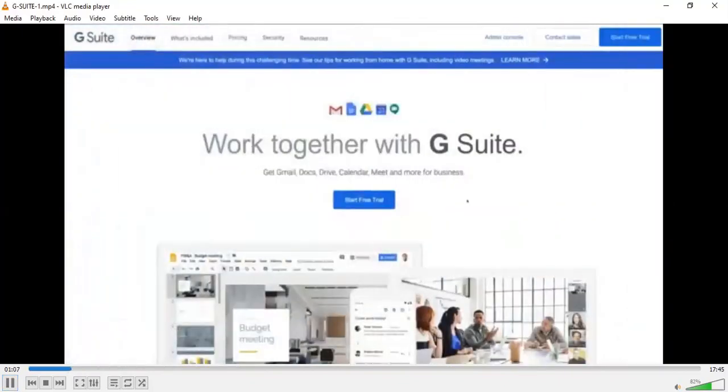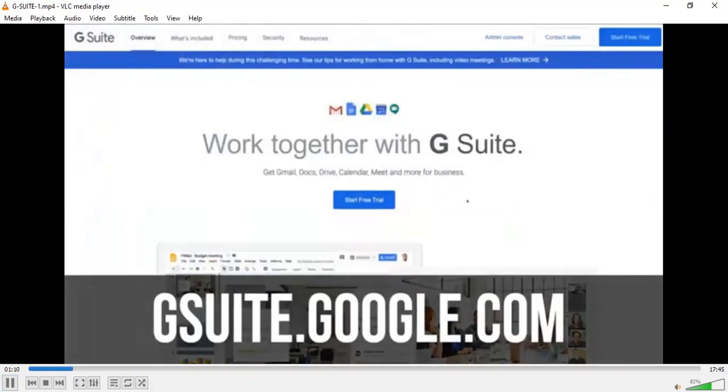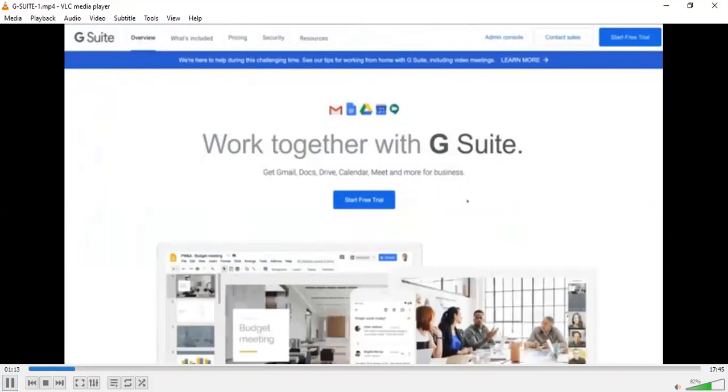Okay, so here we are at gsuite.google.com, and this is where you can sign up to get started with G Suite. Now, if you've never used G Suite before and you're a complete beginner, this tutorial is for you. What you can do is actually start a 14-day free trial so you can understand what G Suite is all about, look at all the different apps and tools. For that free trial, you just need to have an @gmail.com email ID, and for 14 days it will be free, and then you may get charged for some of the apps.